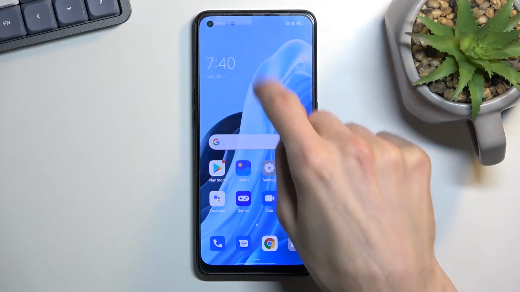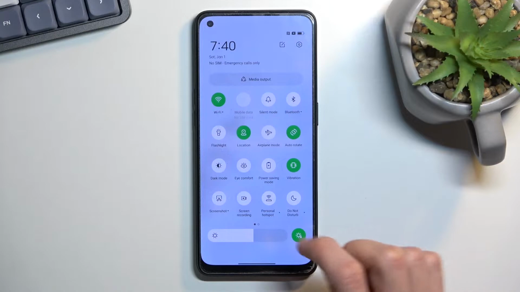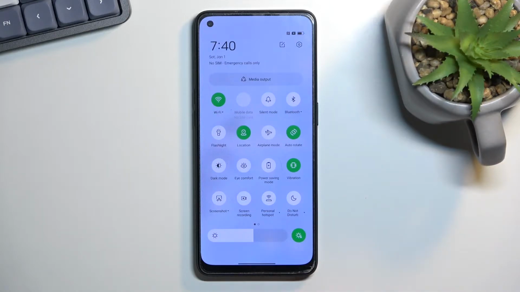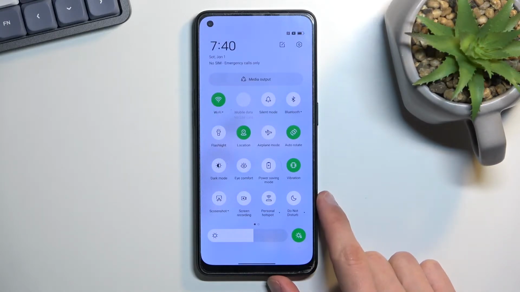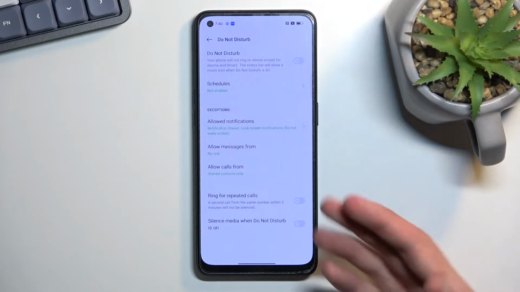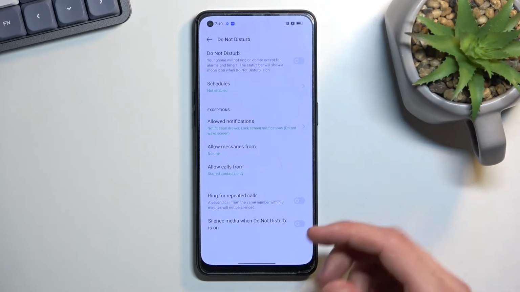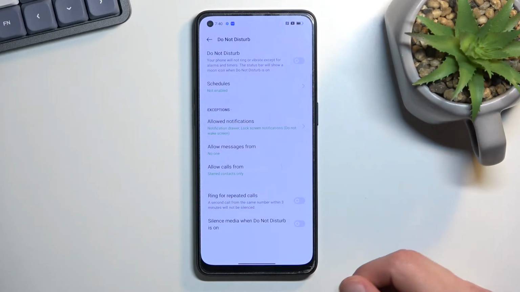So to get started, pull down your notification panel, expand it, and look for the toggle, which for me is right over here. Once you locate the toggle, you can either tap on it to immediately turn it on with whatever the default settings of it are, or you can hold it, and this will take you to the settings where you can customize all the parts of it. So go to the list right here, change whatever you want, and then